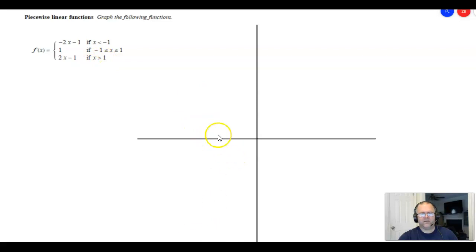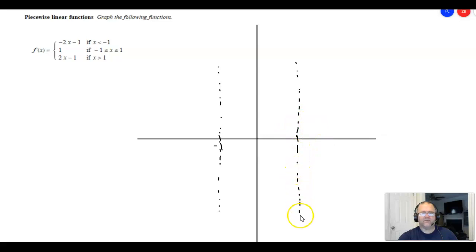So what I'm going to do is mark off this value here -1, and this value here +1, and then do a little dotted vertical line going down for -1, and then another vertical line going down